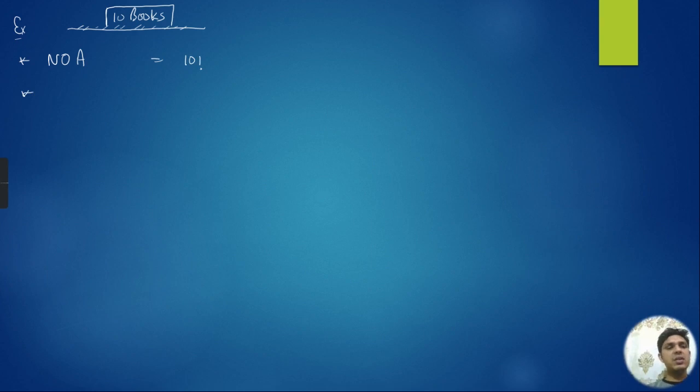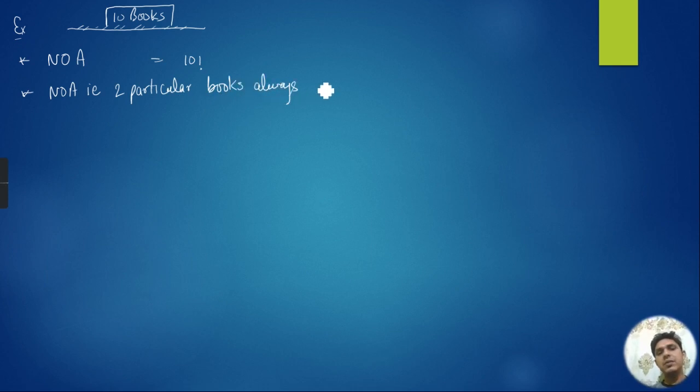My second question is the number of arrangements such that two particular books always come together. Two particular books always come together. So, students, for this question what you have to do, two particular books,